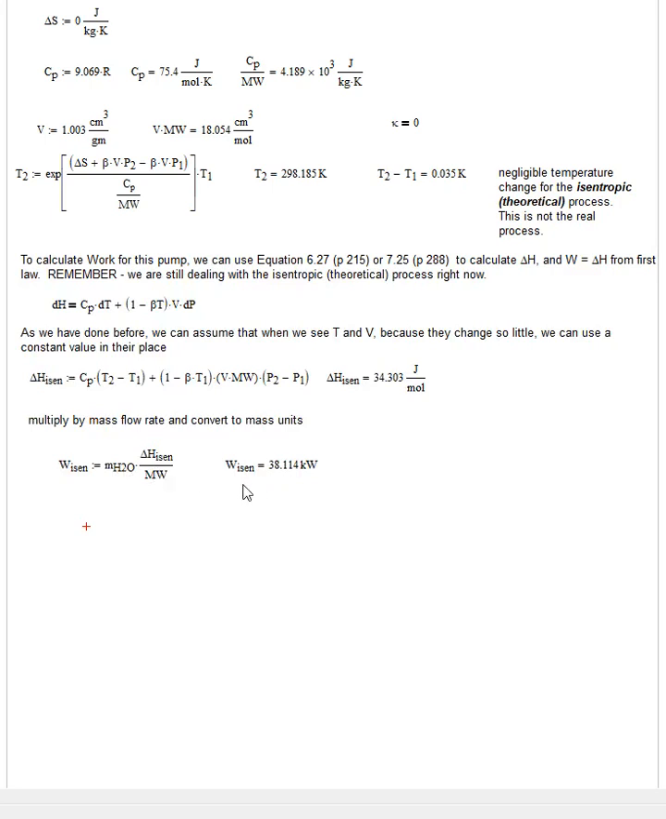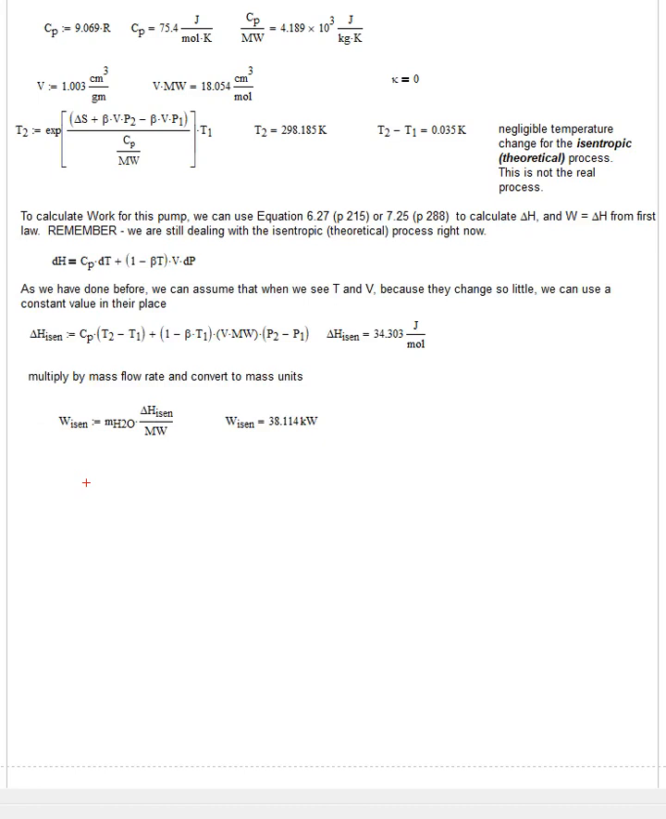and I get that the isentropic work required to do this pumping is 38.114 kilowatts. And that's a positive value, right? Because the pump is putting work into our system. So now, when we have a process where work is being required,